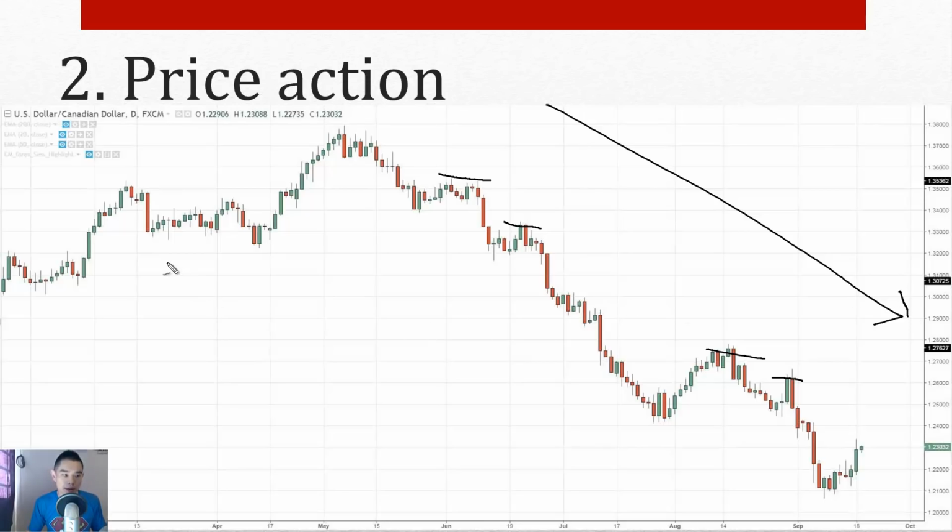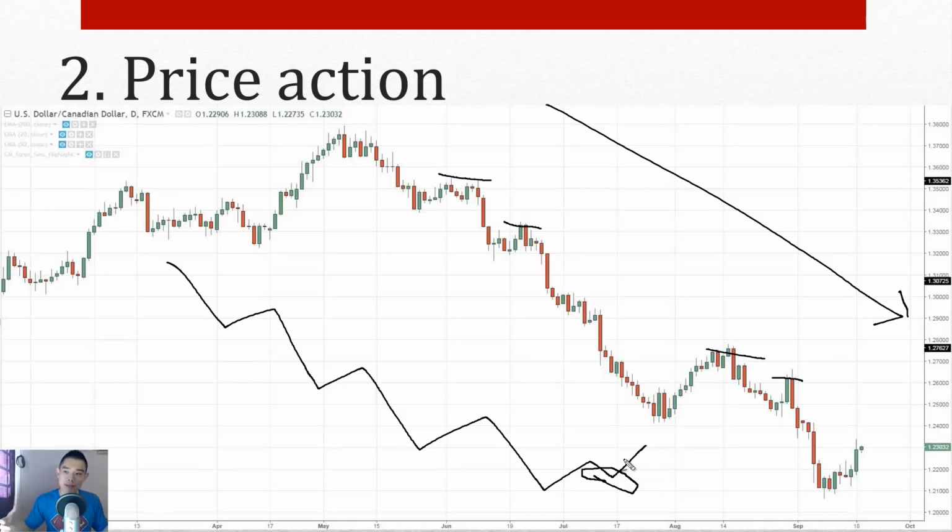However, I do agree that quite a number of you are actually struggling with this concept because often you can see that the price makes a lower high. But what if the price at this point makes a higher low, right? At this point, it makes a higher low. Does it mean that the downtrend is over? So there can be a little bit of subjectivity to it, right? Because if you think that at this point the trend is over and you go long, you might be surprised to see that the trend actually continues towards the downside. So how do you actually